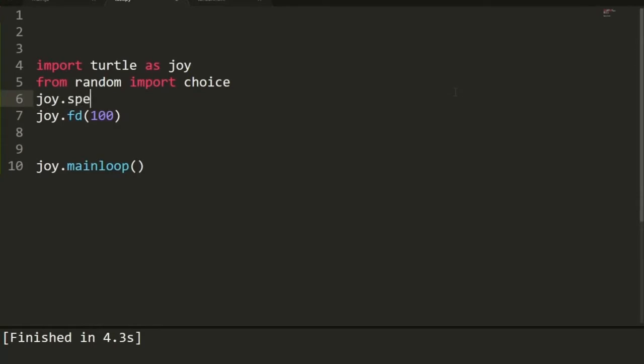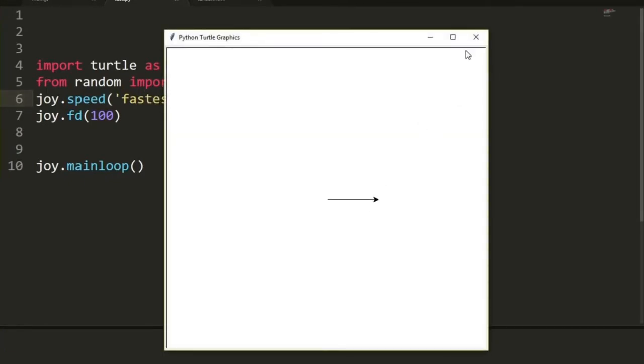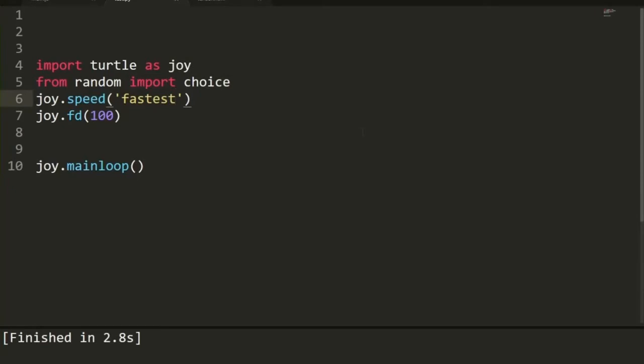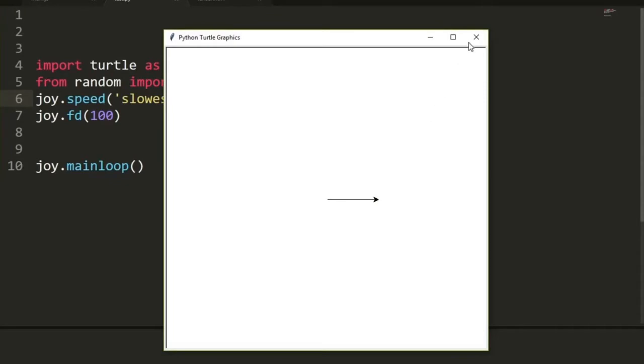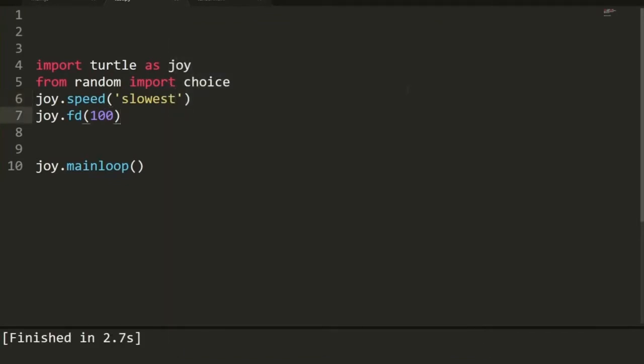And if I use fastest, now you can see this process is going with too much fast speed. I can use the slowest parameter also, so it takes only two parameters, the fastest and the slowest. And when I do slowest, now you can see the point is going to 100, 0 with too much slow speed. And if I use joy.forward 100, or joy.goto at some particular position like 200, 0, now